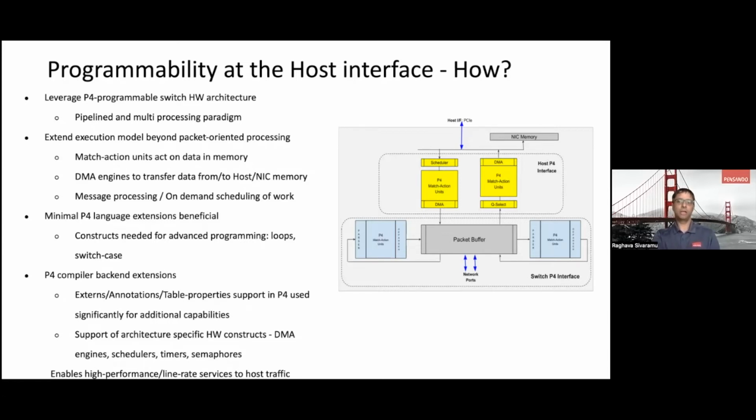And then eventually, at the end of all the processing, you packetize the data in memory into the packet content in the packet buffer. And that DMA operation can operate on either the data staying in the host memory itself or from the NIC memory. And then the switch P4 interface takes over to do any packet-based processing to be eventually sent out onto the